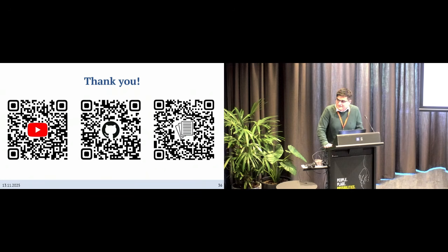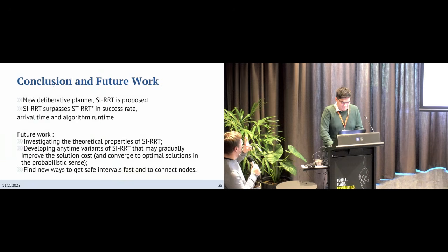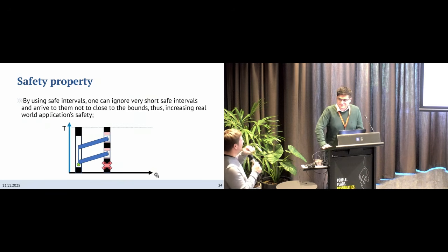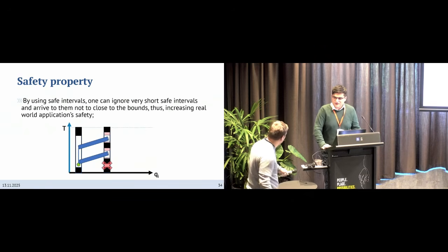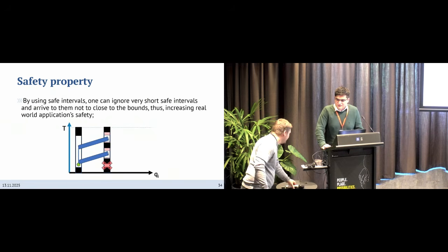I was curious in the final part of your presentation when you were avoiding the too narrow, let's say, safe intervals. So when there is not enough time to stay there, you essentially prune, right? Does this maintain the theoretical properties like probabilistic convergence, or are you losing any completeness there?